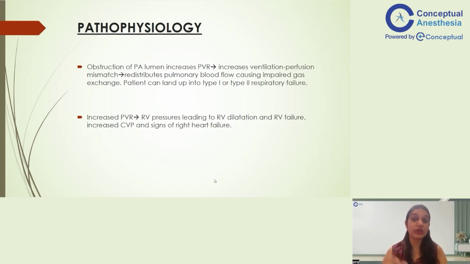But as far as contractility is concerned, specifically when there is increased afterload to the right ventricle, RV dysfunction and then RV failure is very common. So increased PVR is going to impose great pressures on the RV, and that is going to cause RV dysfunction, RV dilatation, and those increased pressures are going to get transmitted to the RA, and therefore increased JVP, and then further systemic congestion, and all signs of right heart failure are going to happen. So this is why we are very worried about pulmonary embolism.